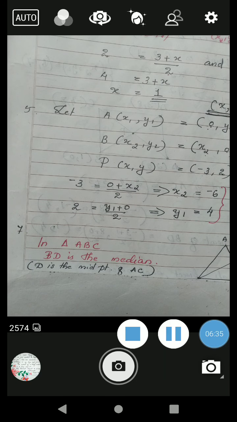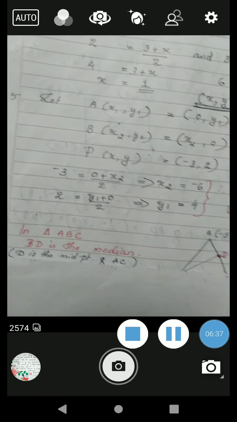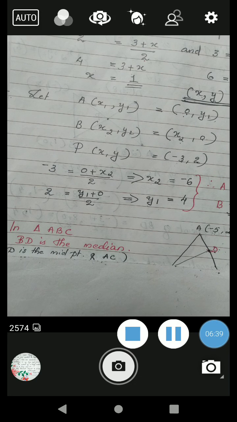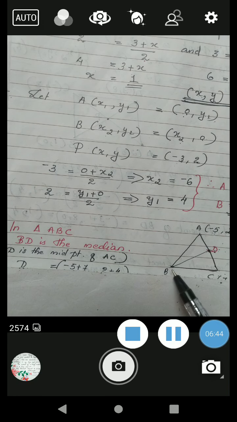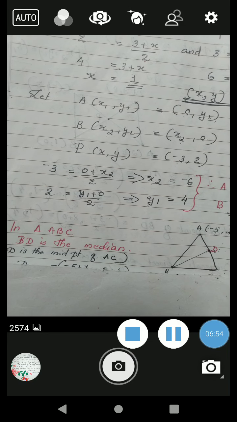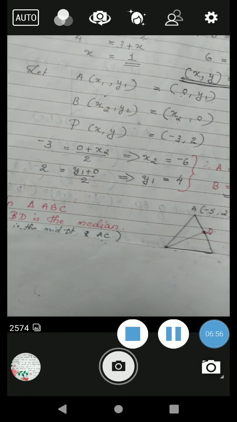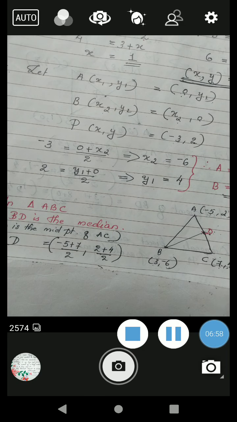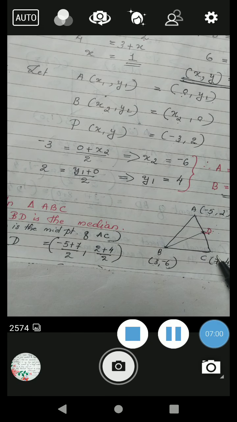First you have to remember what a median of a triangle is. The line joining the midpoint of one side and the opposite vertex is the median. That means here we can apply the midpoint formula. Midpoint of one side is D. Look here, in triangle ABC we can mark ABC. 3 vertices are given and